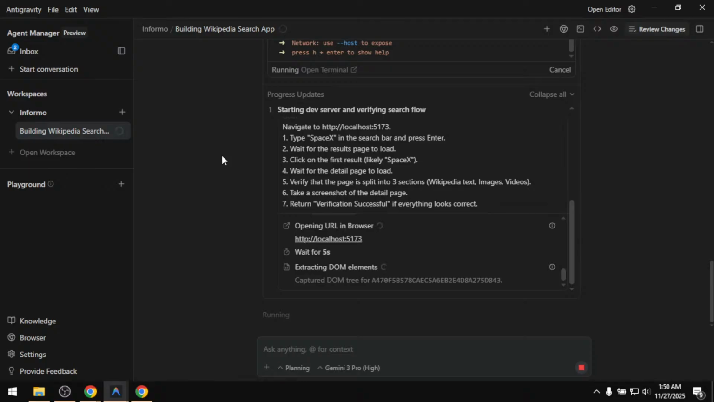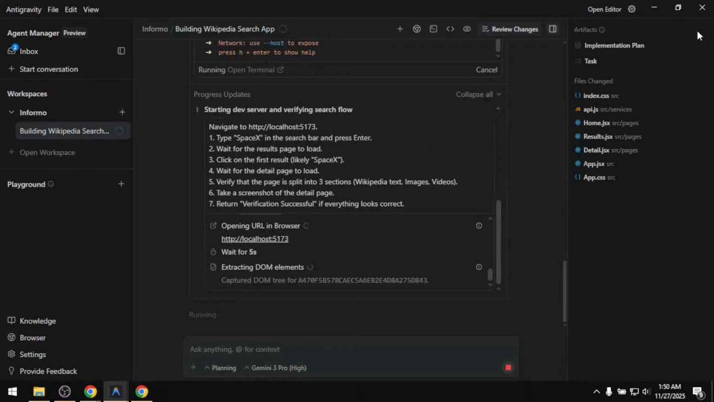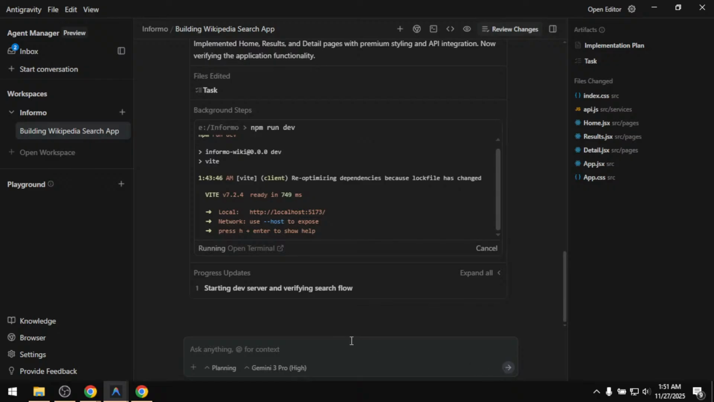Anti-Gravity, what the hell is this? From the first 5 minutes, just running and running. And here you can see, you can cancel it, but why? I don't know what's going on. It is not working. Anti-Gravity sucks. It's taking too much time. Let me just cancel it and fix